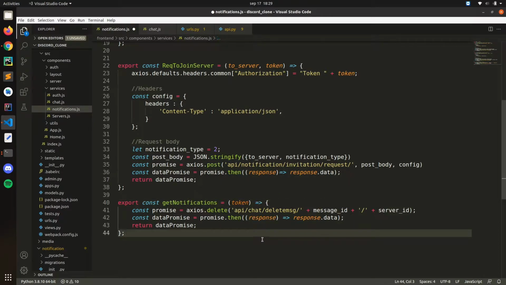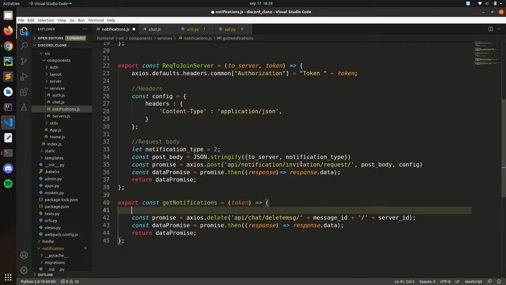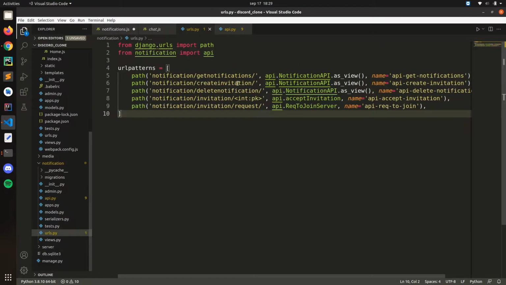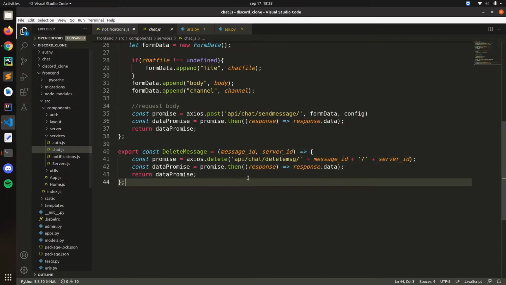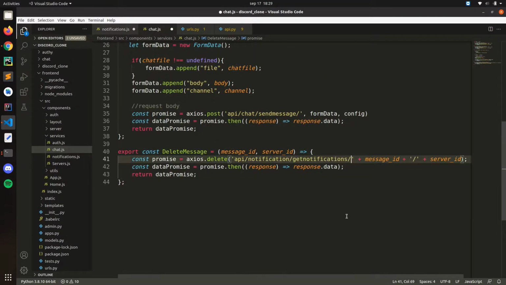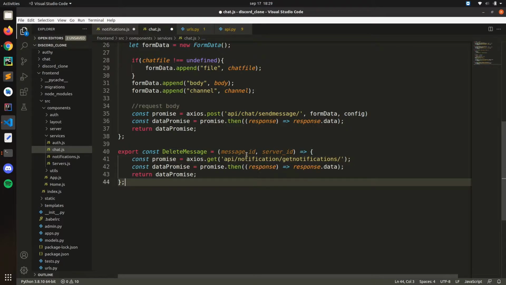Let's copy the header for the token and the URL, and the URL is this one. Let's copy that one too and paste it here. Okay, we don't need that. This is a get, so make sure that you have